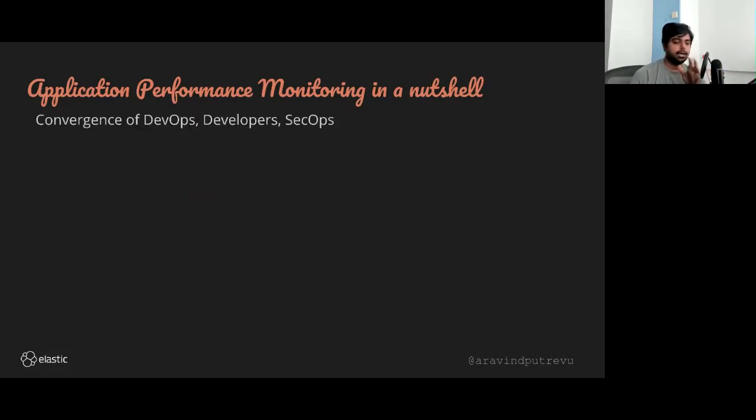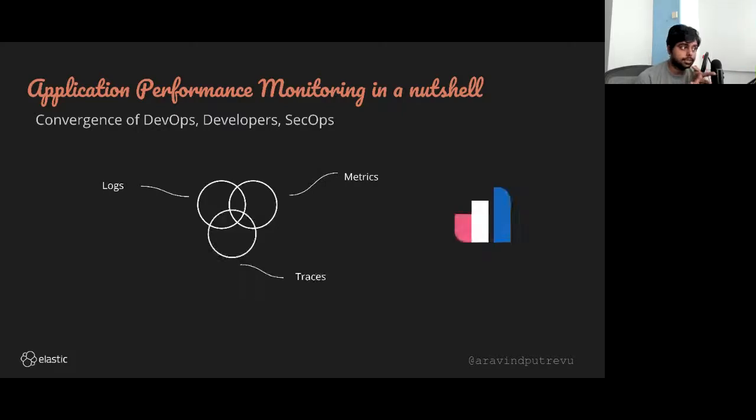So this is where even product owners can leverage it and take help from it. Another area is the convergence of the DevOps, developers and SecOps world, wherein you have application security folks, and the operations people who ensure the health of the application. And then you also have the developers who develop this application and ship the code. So people would collect logs, metrics, and then there are application traces, which APM is, which we are talking about at this point of time.